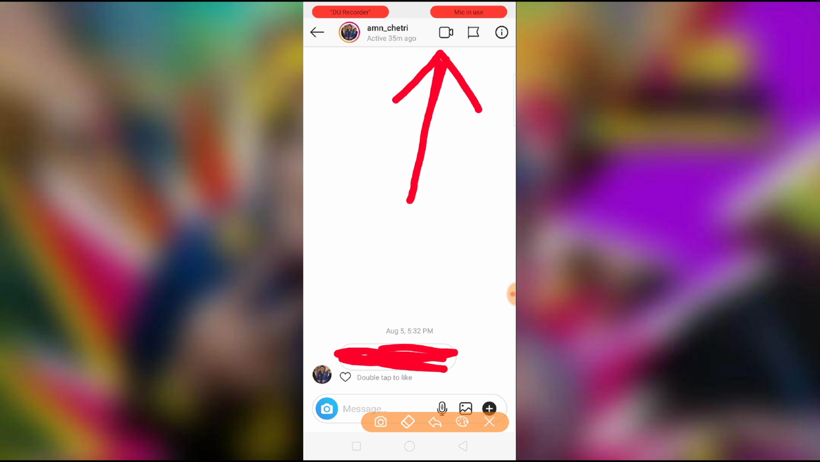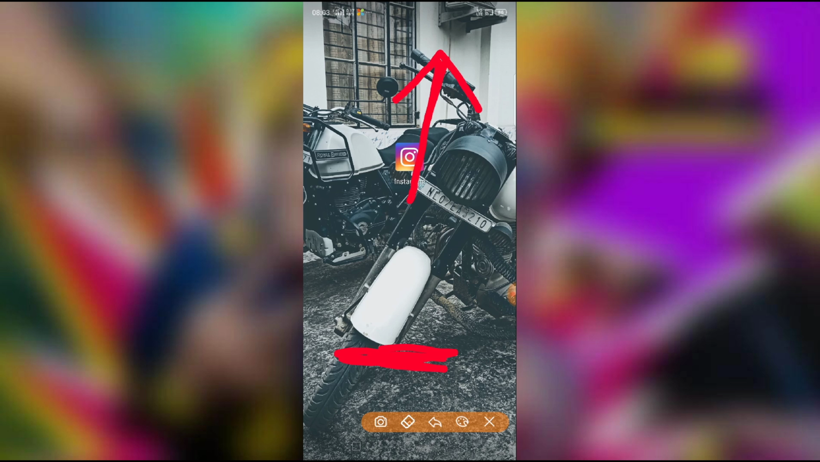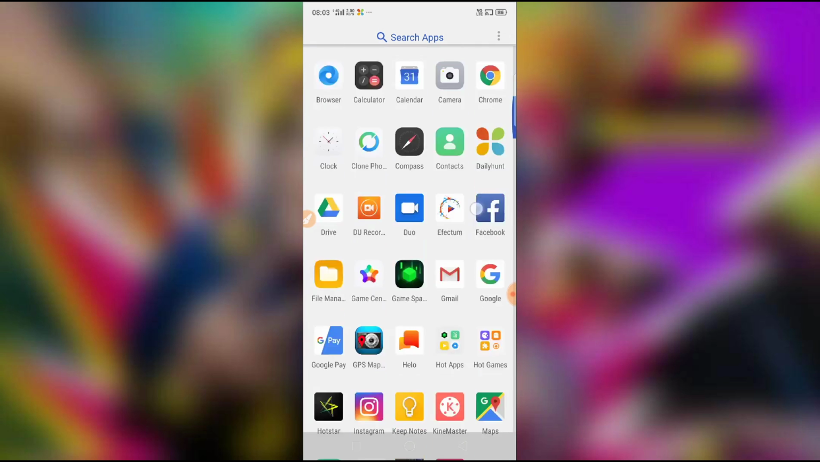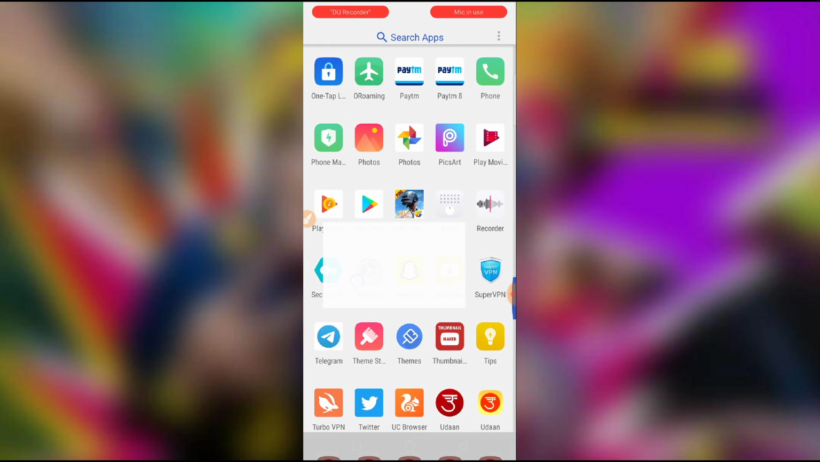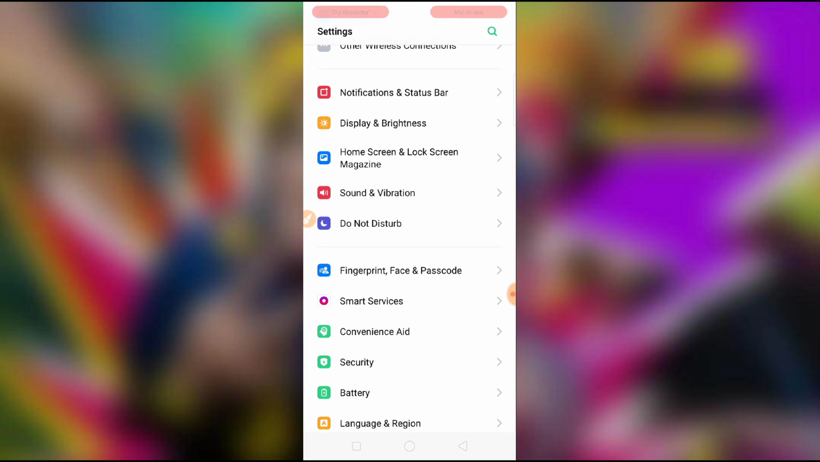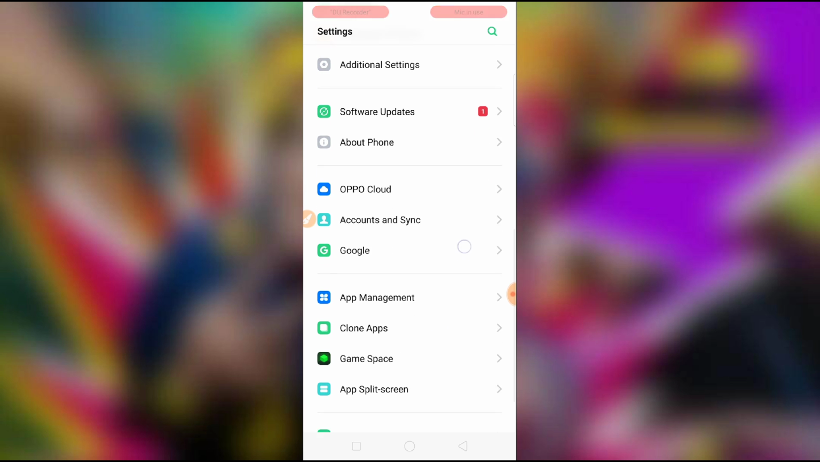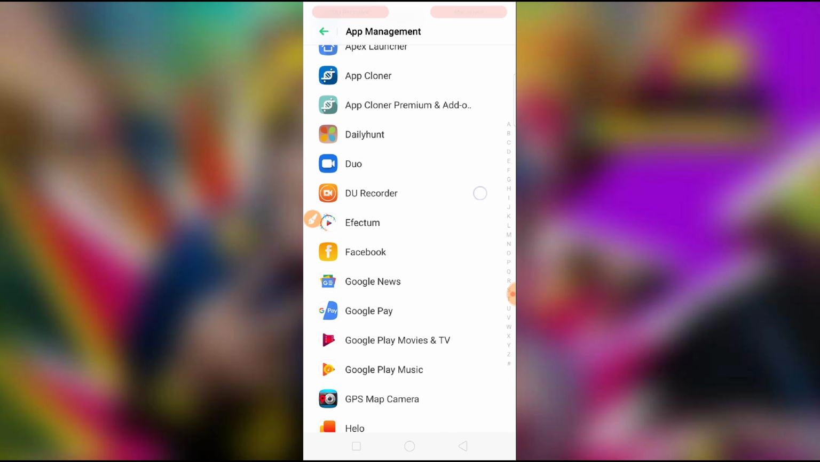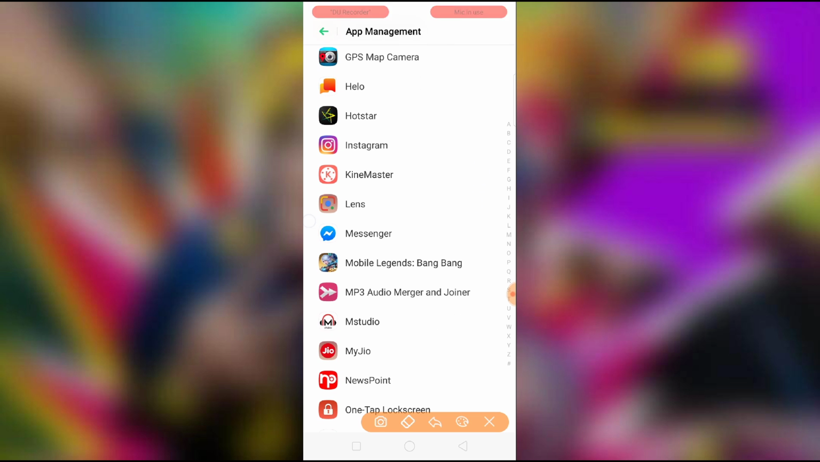So now you have to go to your phone settings. Sorry, you have to go to your phone settings, and then go to apps or installed apps or app management or app manager, anything you have in your phone. I have app management, so I will go to app management and then scroll down and check for Instagram. Here it is, I can see the Instagram. You have to go to Instagram,